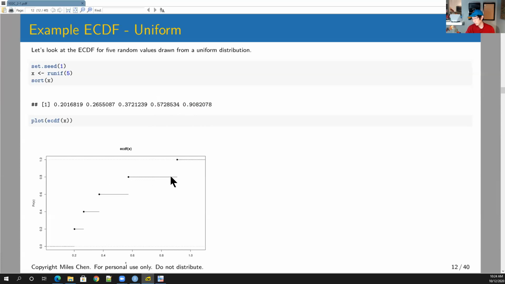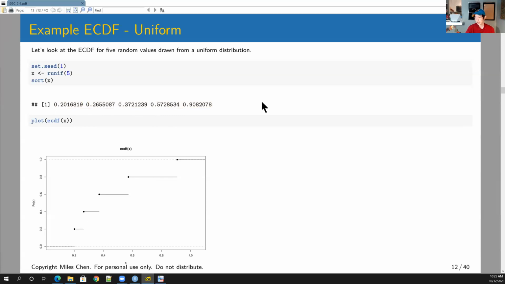4 out of 5, 0.8, okay? But then at 0.91, how many elements are less than 0.91? 5 out of 5, and so my empirical CDF jumps up to 1, okay? So this is basically an estimate of what your cumulative distribution function looks like based on whatever sample you have,